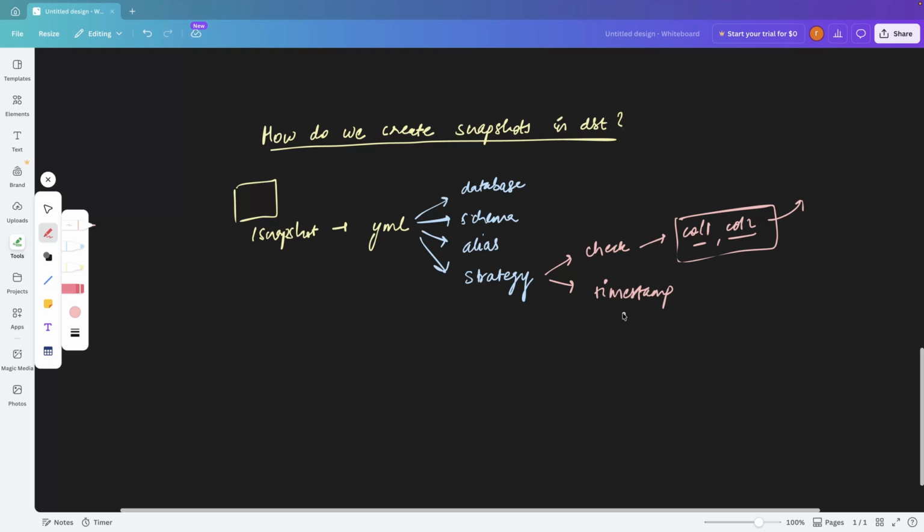Now dbt recommends that if you can, then always use the timestamp strategy, because this is the best one to use. You just have one column on the basis of which you have to figure out whether a change has happened or not. So there is one column that dbt has to track. This timestamp strategy will automatically handle new or removed columns in your source table, so you don't have to think about these scenarios. And also this one is less prone to errors. Why? Because what if